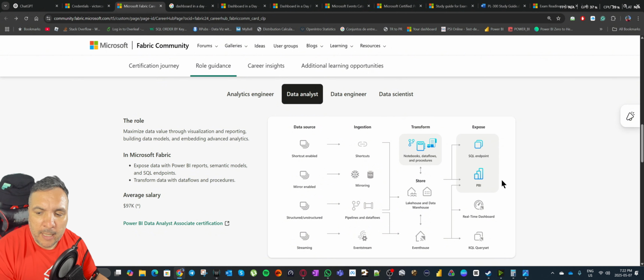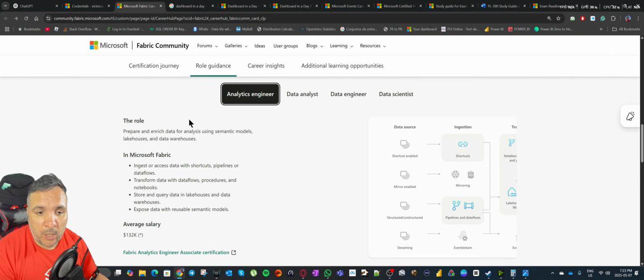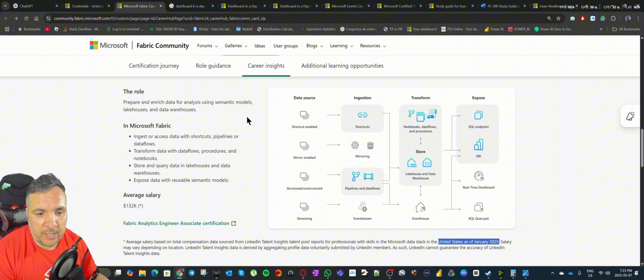So we are specialized in showing the data and visualizing the data in Power BI, but we can do it through SQL. And in order to do that, we transform data either using notebooks or data flows or stored procedures. So the next step is becoming an analytics engineer.